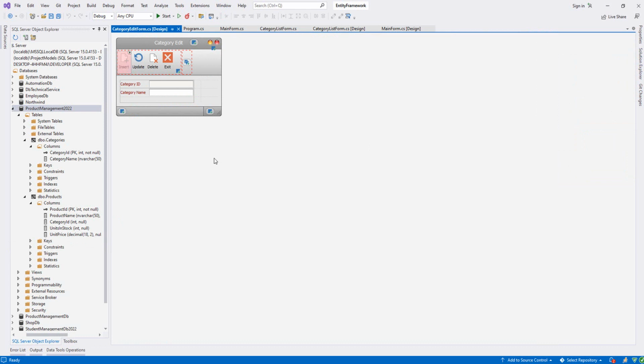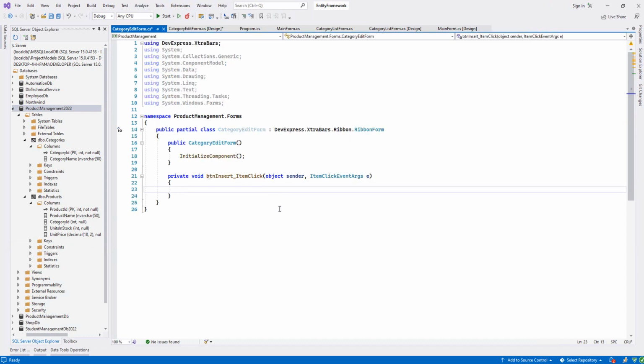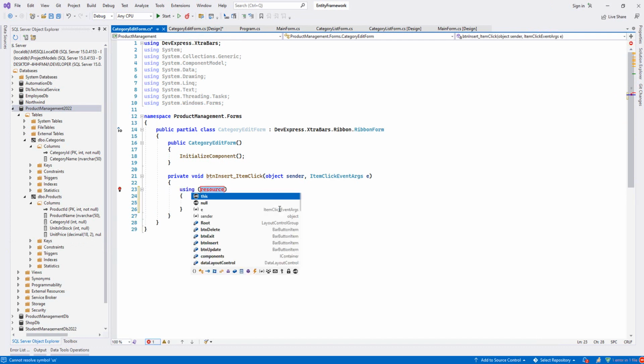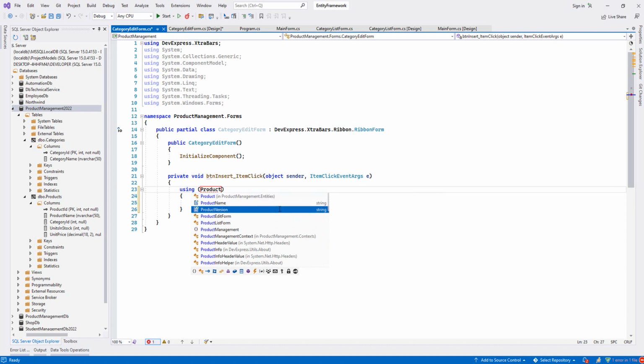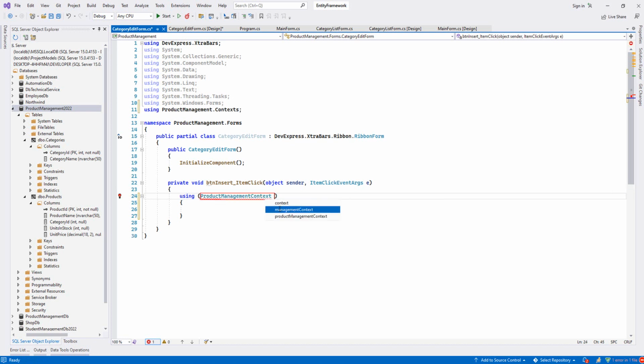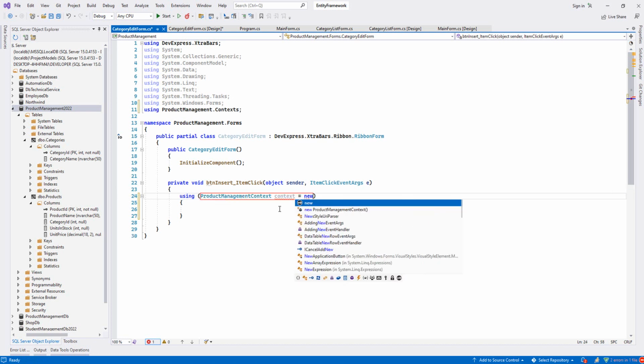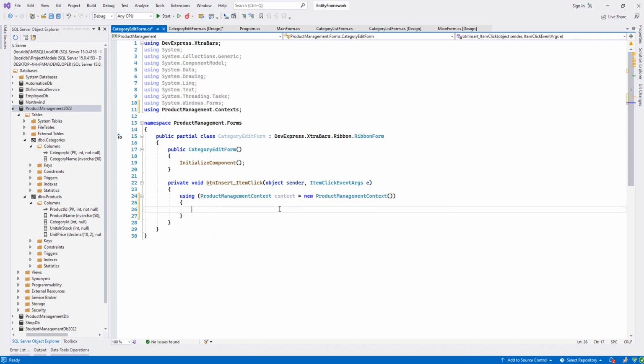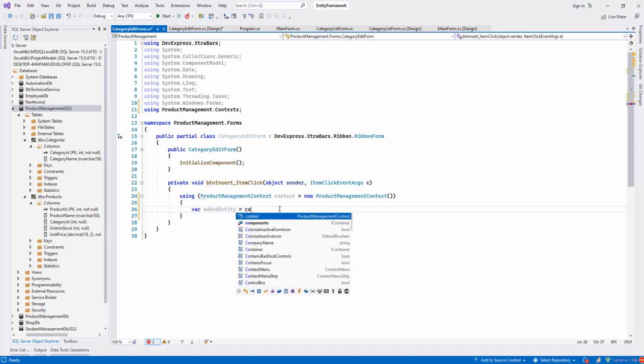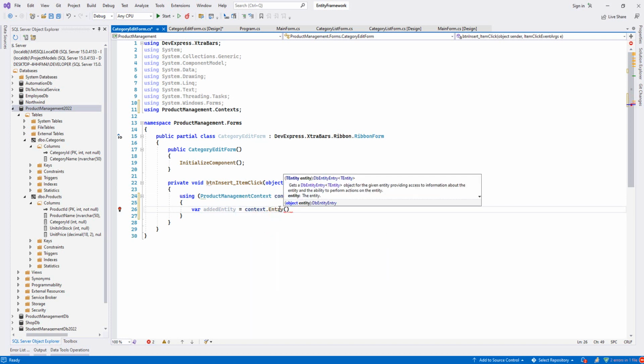Let's double click it. Then same thing we'll be using. We say ProductManagementContext, and context, we create an instance of our context. Then we say var added entity, context entry. Then we have to